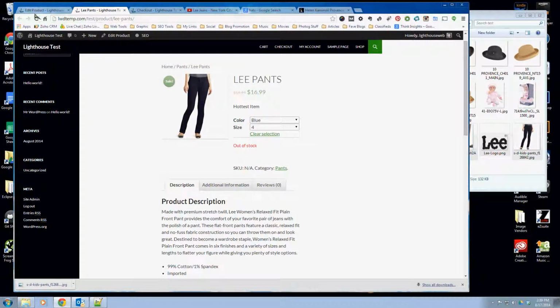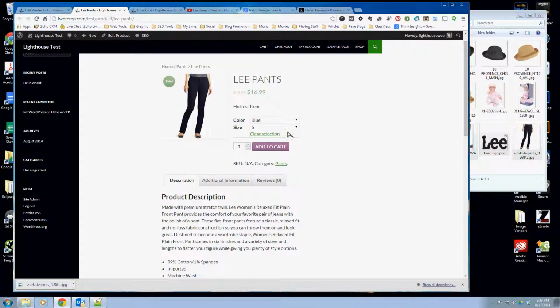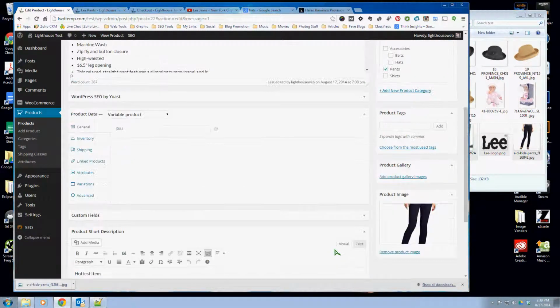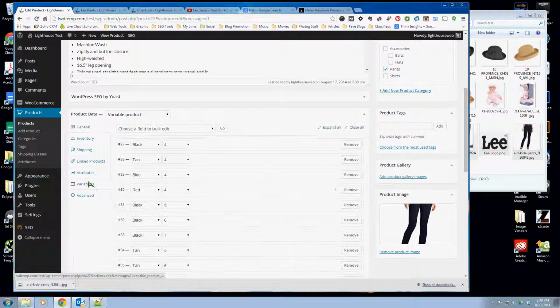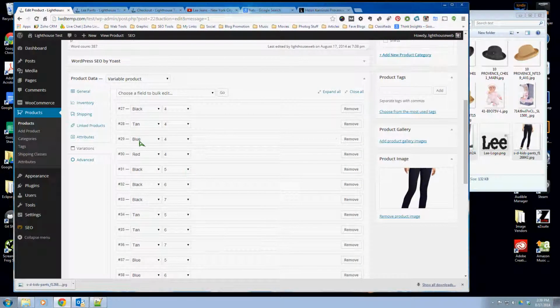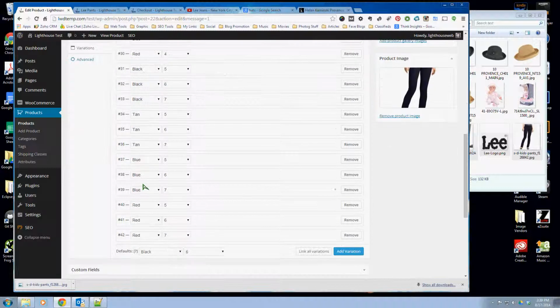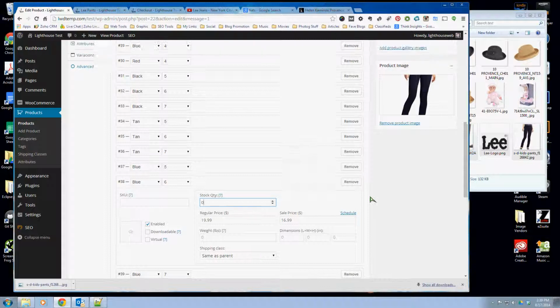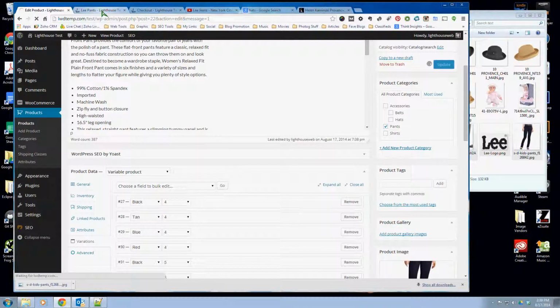So if it is out of stock, but if I choose the black size 6, it's going to allow me to add it to the cart, even though over here, let's see, did I hide it? Our variations, and it was, what, a blue size 6, blue size 6. You see right here we don't have anything here, but if I hit 0 here and then I come up here and then I update the product,